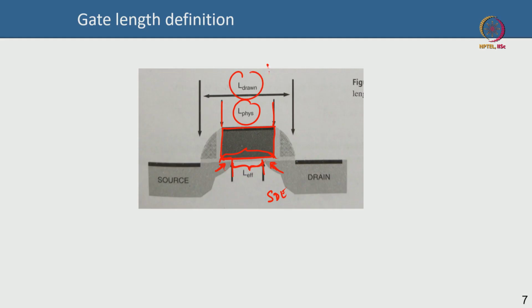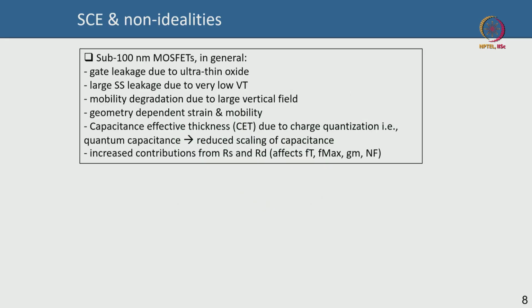And this is your lithographic length, the length of the gate that your lithography or the mask will define, keeping in view the self-aligned process. But what you deposit as metal is only over this, and what you get electrically is only over this. So there is this shallow source and drain extension, because of which you have an even reduced electrical gate length. So in sub-100 nm MOSFETs in general, again this is in general, people had gate leakage issues,